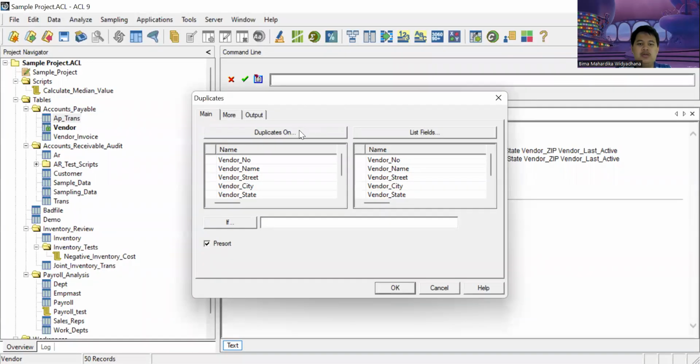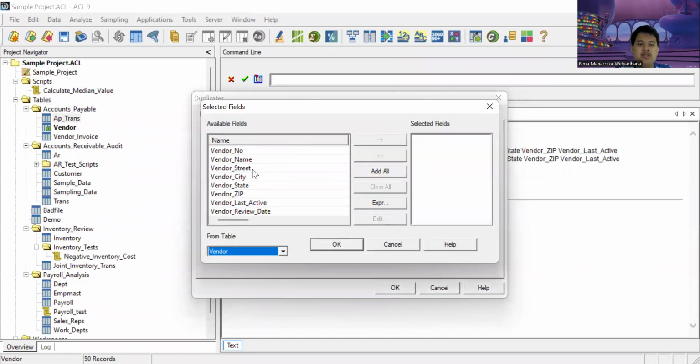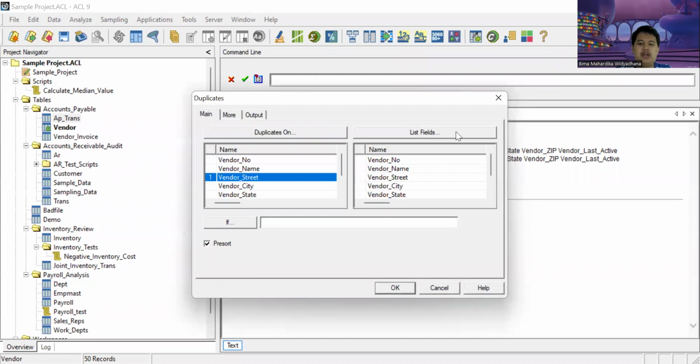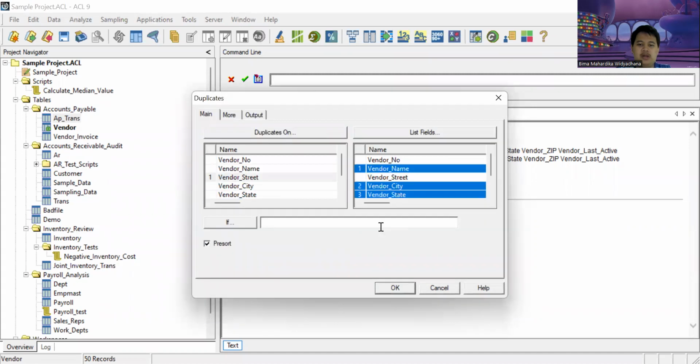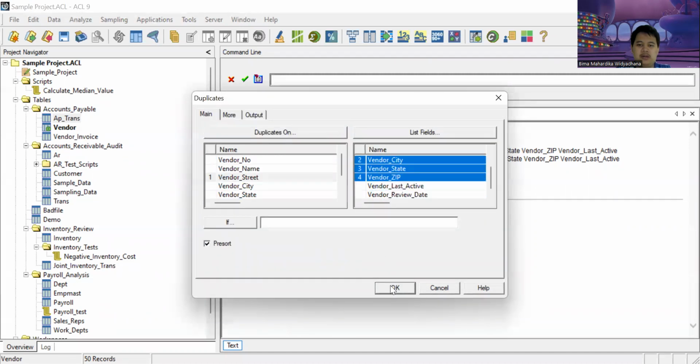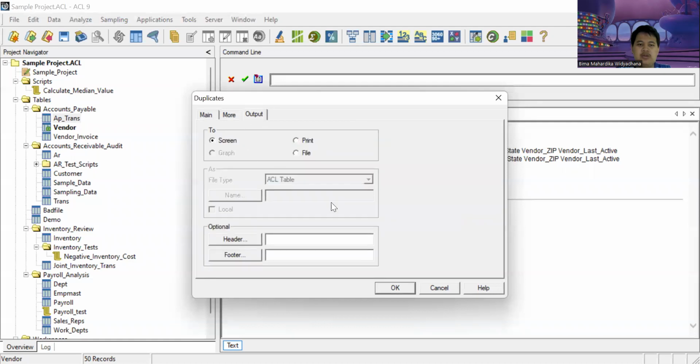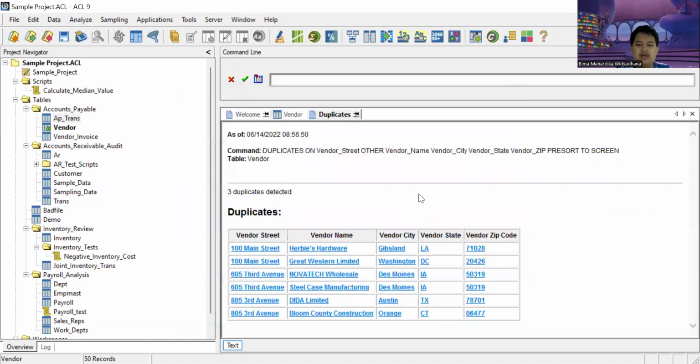Now in Duplicates On, we choose the vendor street and move it to the selected fields. Click OK. In the List Fields, we choose the vendor name, vendor city, vendor state, and vendor zip. Then click OK. Make sure the output is to the screen.